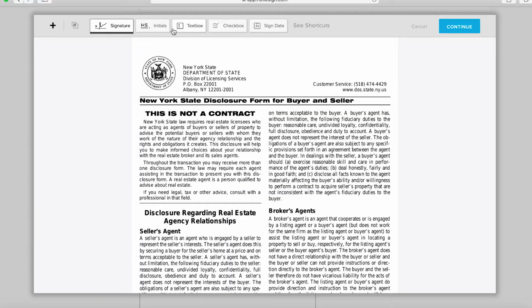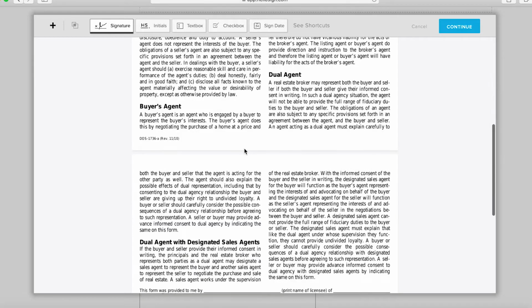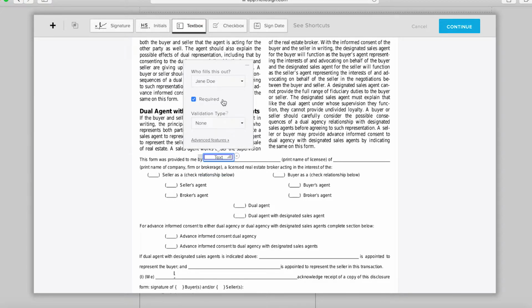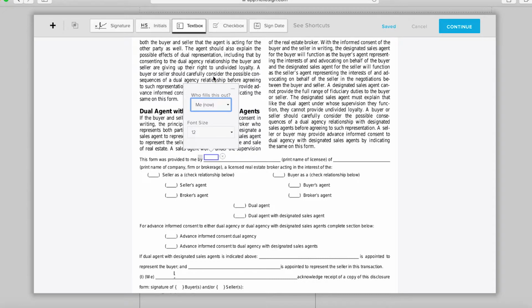And this is going to open up the actual document. And there's a lot of things we can use here to go ahead and get it ready. So the first thing we're going to do is we actually need to fill out some text ourselves. So you just drag a text box like that. And then if you're filling it out, you say that we are going to fill it out. And then in this case,